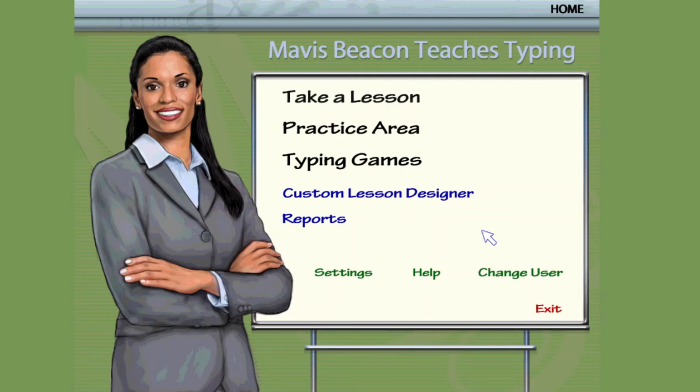Now here, this is the Mavis Beacon Teaches Typing class interface. Here we have Take a Lesson, Practice Arena, Typing Games, Custom Lesson Designers, Reports. Let's go and take a lesson.